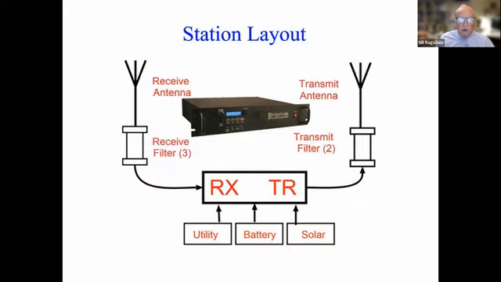So, the first view of what a repeater looks like. Now this one is done with 2 antennas. We'll talk later about what a site is like that only has 1 antenna. At the left, a little crow's foot up in the air is our receive antenna. It goes through 3 filters. We'll talk about this in detail.